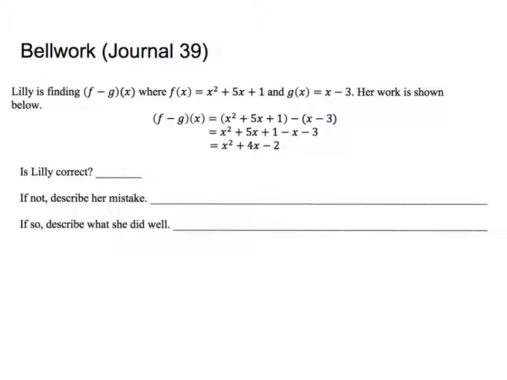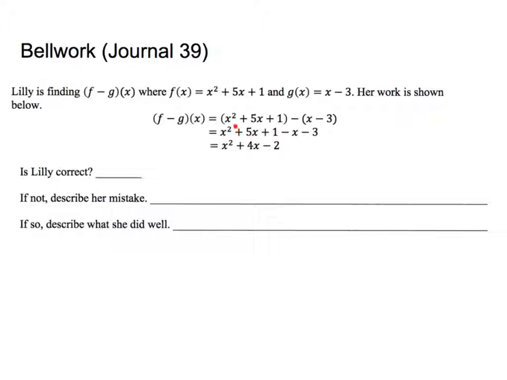Alrighty, so we have journal 39, and in our bell work today, this is actually a problem you're going to see on the Unit 5 test. So it's talking about Lily, and she is trying to find f minus g. And so here's f, and here is g. So we're going to take a look at how she worked out this problem